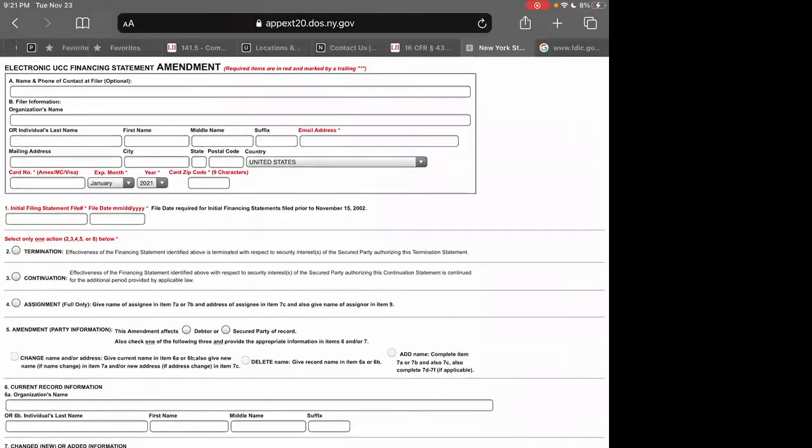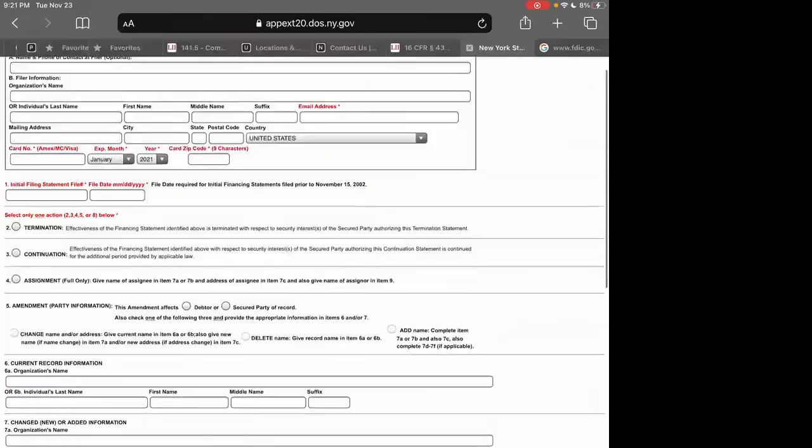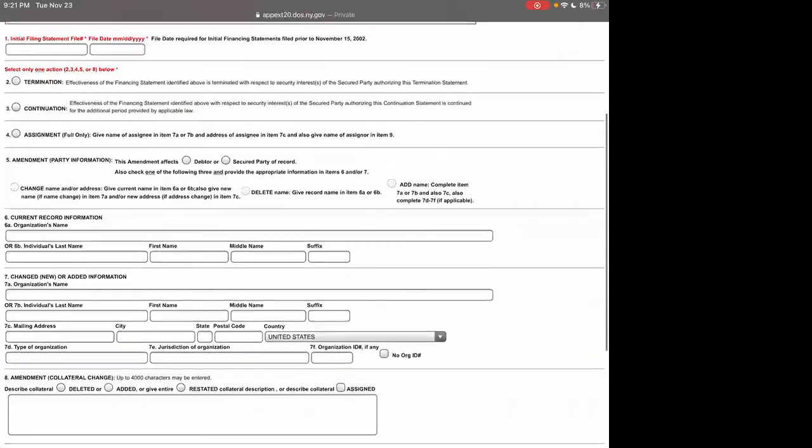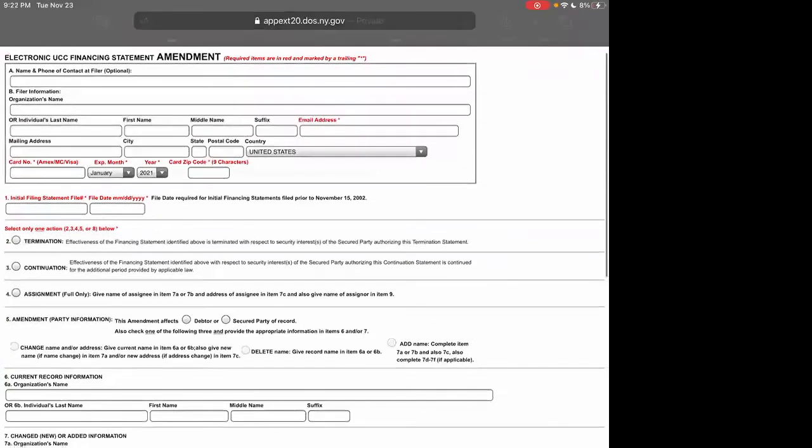Yeah, so to remove an asset off of your statement, is it kind of the same process, or is there something you need to state that you're removing this asset off of your statement? Yeah. Hold on, give me one second. Let me pull that up. That was actually a really good question. If anyone didn't hear what he asked, pretty much if you would use a UCC3 to delete something, if you sold it or did anything with it and it was no longer in your possession, right here.